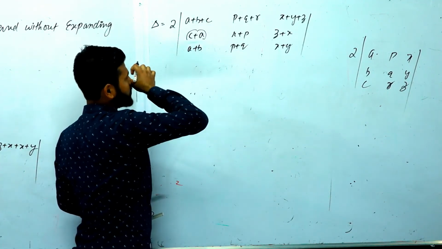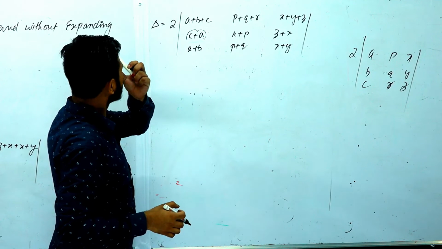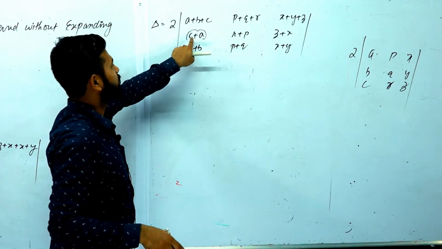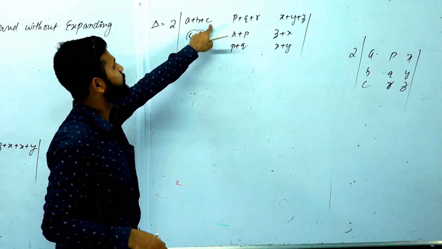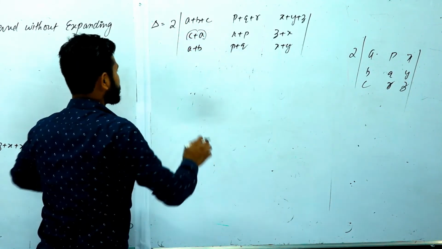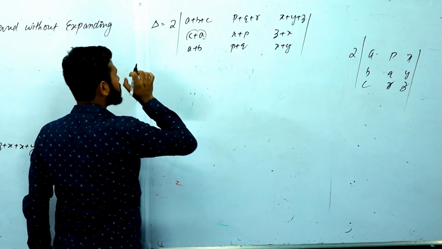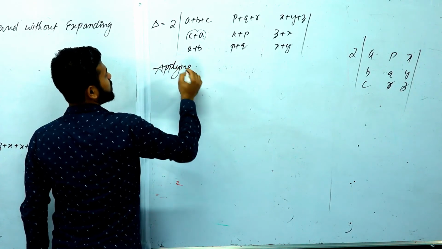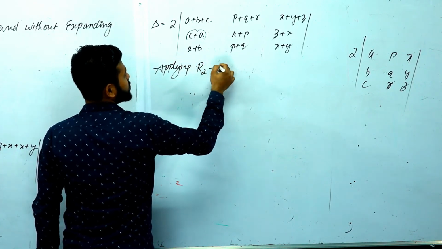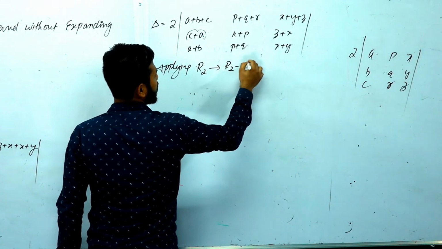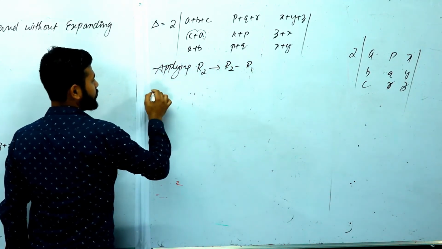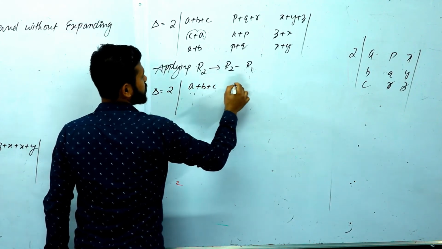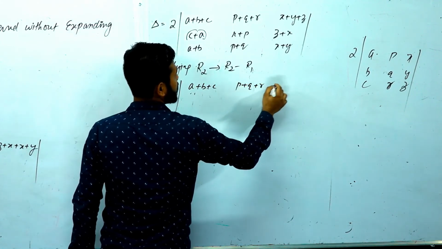But B is here. So what we are going to do is subtract the value of row 2 with row 1. So we can see C and A will cancel out. Only B, C will be left out. So let us apply R2 changed to R2 minus R1. So delta is equal to twice of A, B, C; P plus Q plus R;